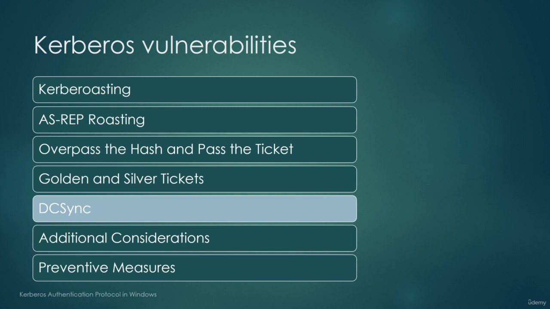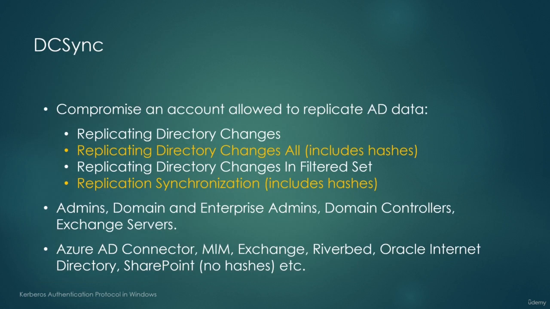Ability to perform DCSync attack is a prerequisite step toward compromising the entire domain. To perform DCSync attack, an attacker needs to compromise an account which was granted permissions to replicate password hashes. Replicating directory changes doesn't allow replication of hashes, but it's a prerequisite for replicating directory changes override, which allows replication